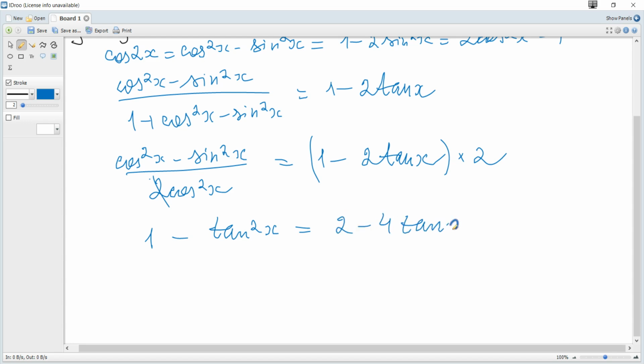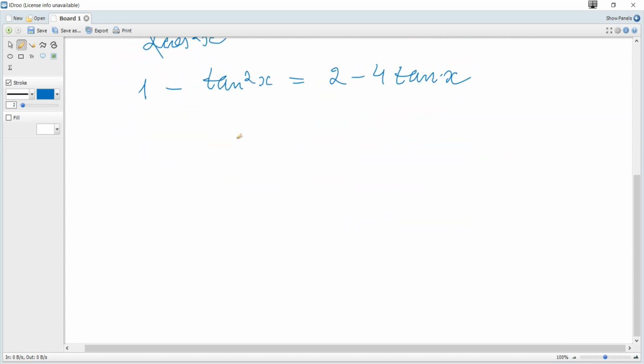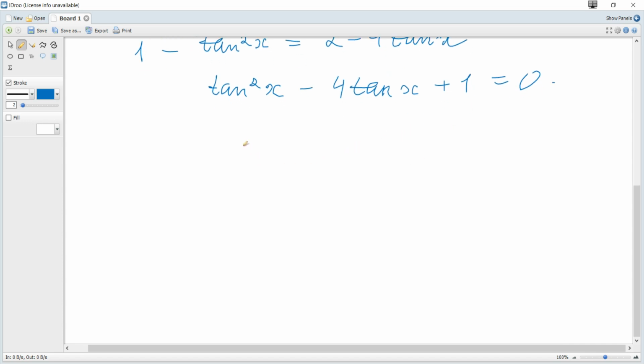and you can see that we get a quadratic equation with respect to tangent, and it becomes tangent squared minus 4 times tangent, and plus 1 is equal to 0. And using discriminant, discriminant is b squared minus 4ac, it's 12, and root of discriminant,